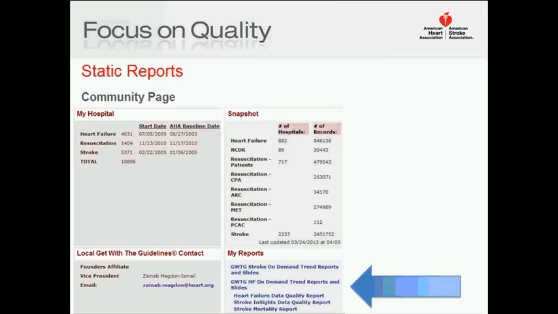So I'm not actually going to go into the patient management tool to show you this. It's pretty straightforward. In the December patient management tool overview webinar, we pointed out some of the different report options. I'm not going to take time away from demonstrating running actual dynamic reports, but just want to point out where you can get the static reports that just get posted to your patient management tool, and all you have to do is open them. So on the community page underneath my report,